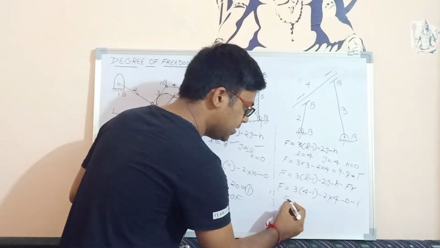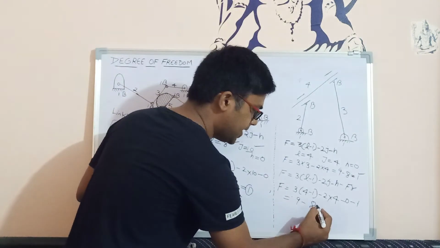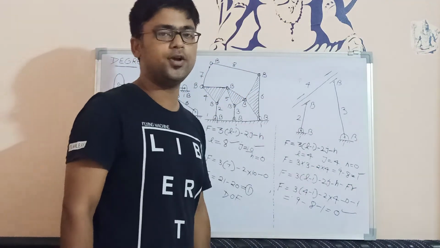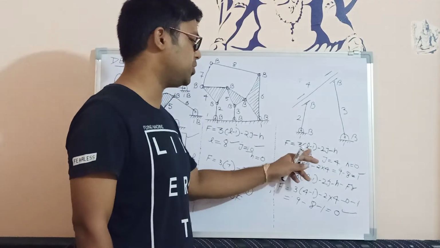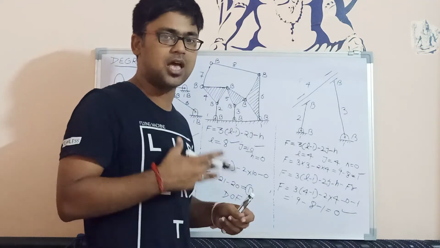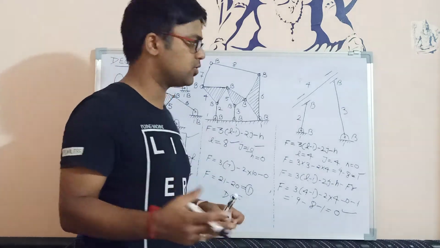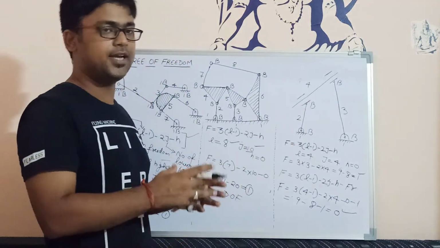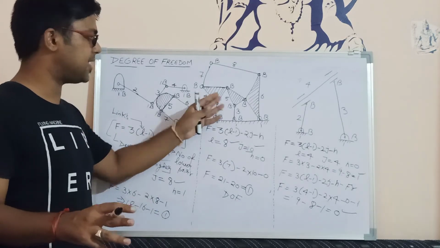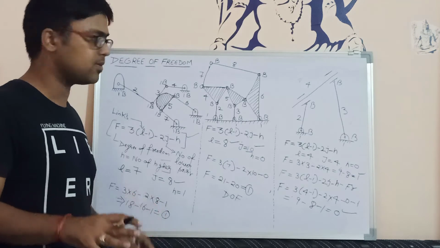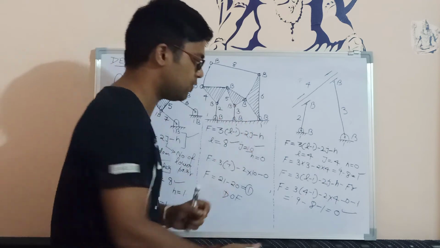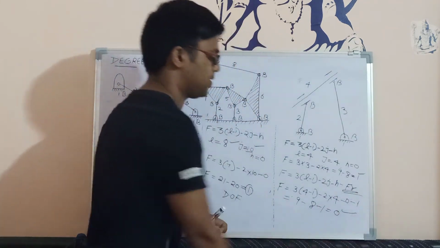So basically the result will be 9 minus 8 minus 1, so we can say it is 0. It is basically having 0 degree of freedom, but if you apply this formula initially, it is going to have 1 degree of freedom. So we have to take into account which link of the mechanism is having redundant degree of freedom. So this is all about the 3 different examples of degree of freedom, in which the first case has higher pairs as well as lower pairs available. Second case only lower pairs are there with no higher pairs. In the third case, a case with special attention, it is having a redundant degree of freedom, which is referred to as Fr.